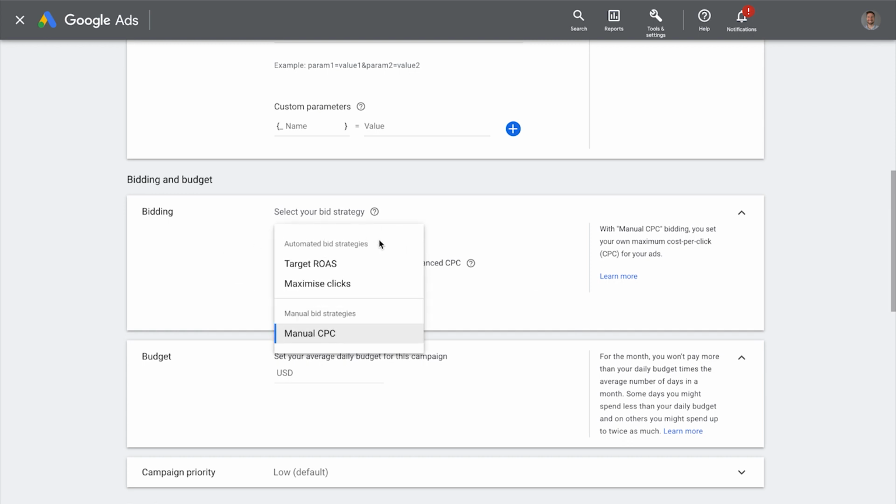Looking at the automated bidding strategies, first we have target ROAS. This setting asks Google to shoot for a return on ad spend that you set. If you calculated your break-even ROAS in one of the previous videos that I've made, you'll have an idea of what to put here. It can be a balancing act. If you shoot too high,